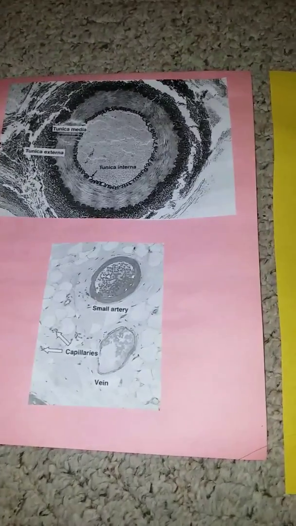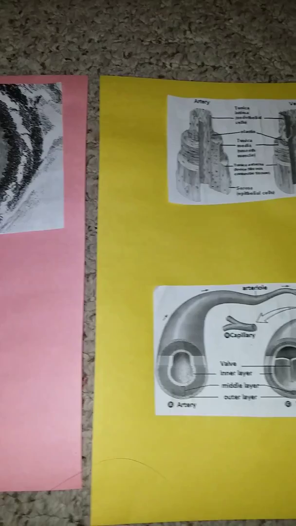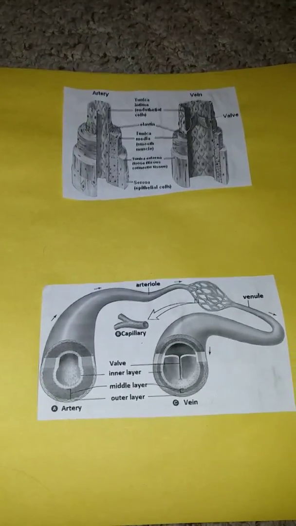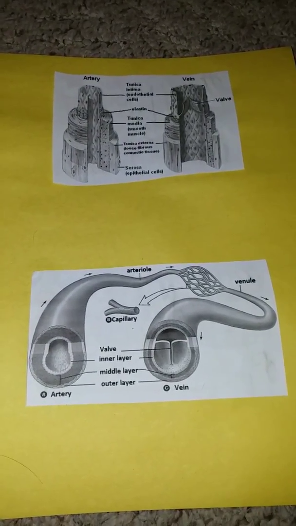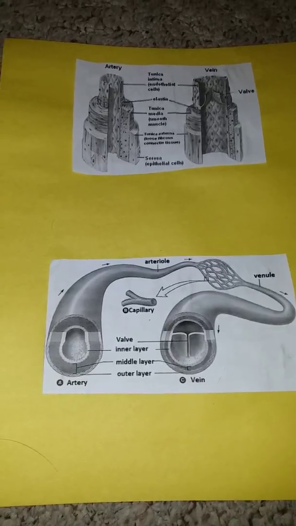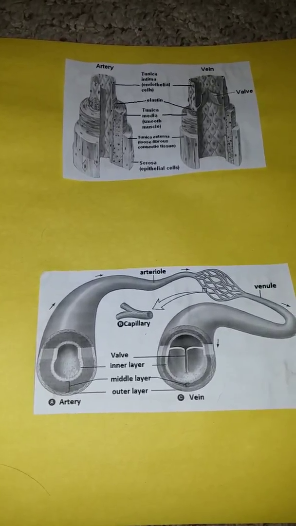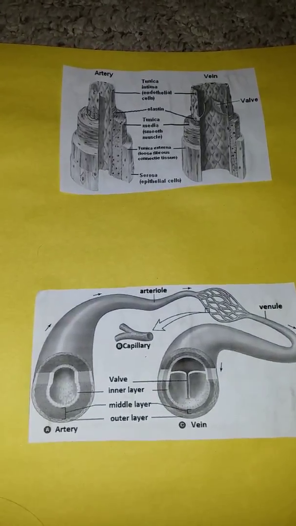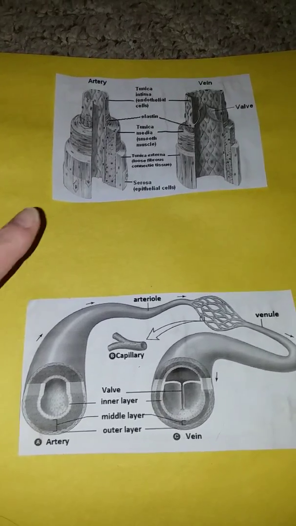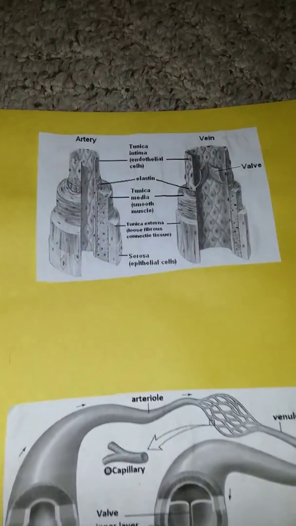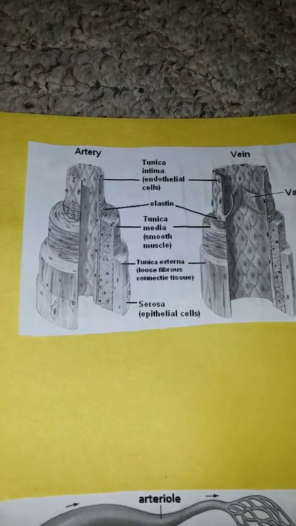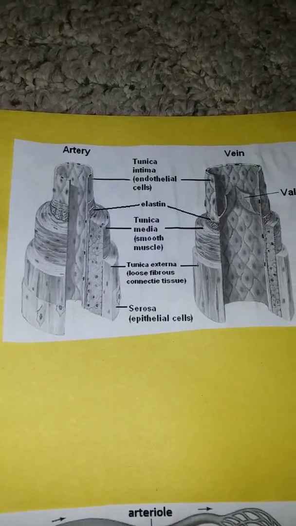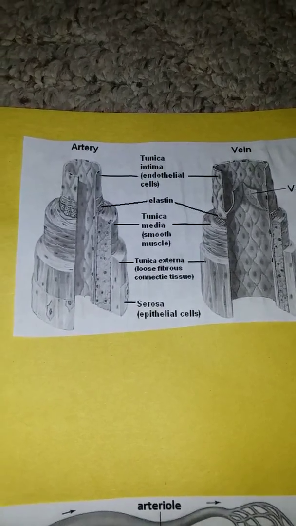Hi, I'm going to do my presentation on the blood vessels and the different types, compare and contrast. I'm going to begin with arteries because that's where blood gets pumped from. I picked pictures because I'm not an artist, but I'm going to focus in on these a little bit as I talk. Arteries are afferent, meaning they